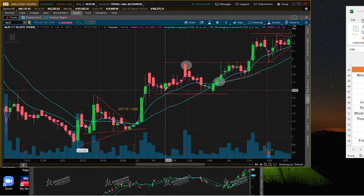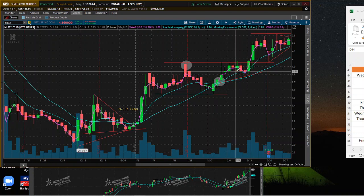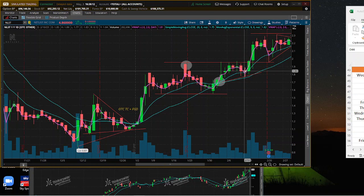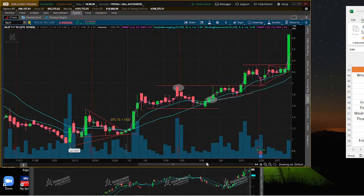But you know, it's easy to get caught out here. You might ignore this on this day and say, oh, maybe that's it, and you could be long here, but you ended up underwater down here. So it held up as key support here, and then it started to test this high 1, 2, 3 days, and then had this strong day here. So it kind of goes up, tests it, pulls back, but sets a higher low, and then proceeds to break out. Then it did pull back here, so it opened here at 198, but at one point in the day it was down at 188. So you have to be careful. I expect that there's going to be some wicks,